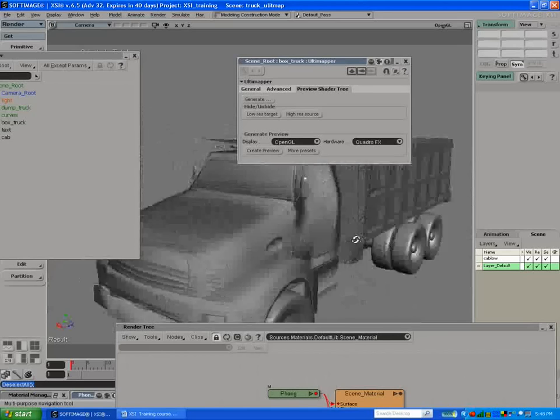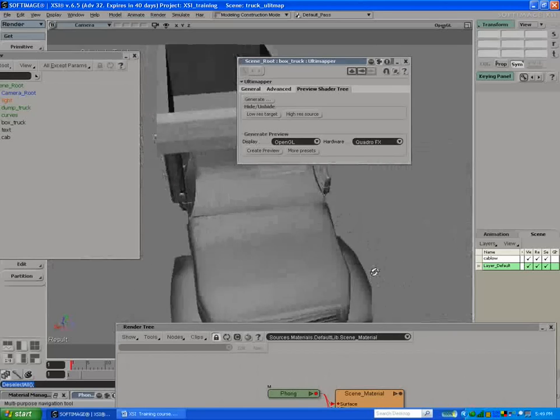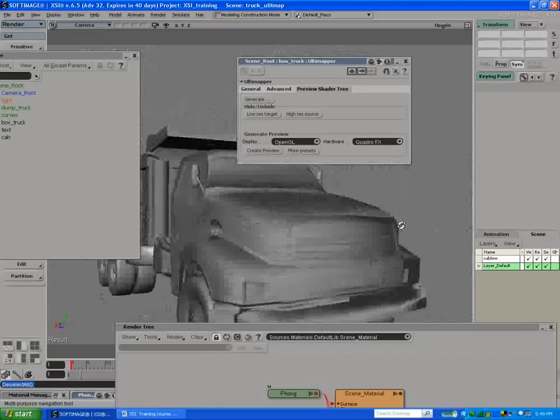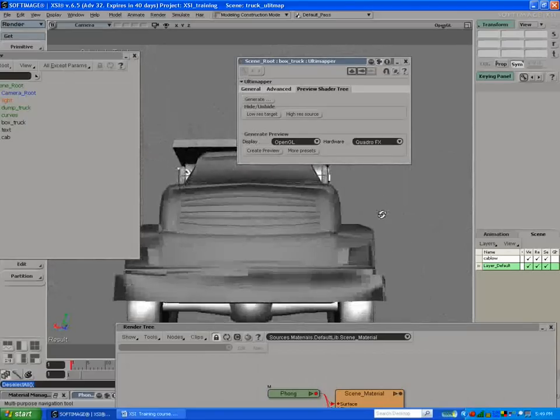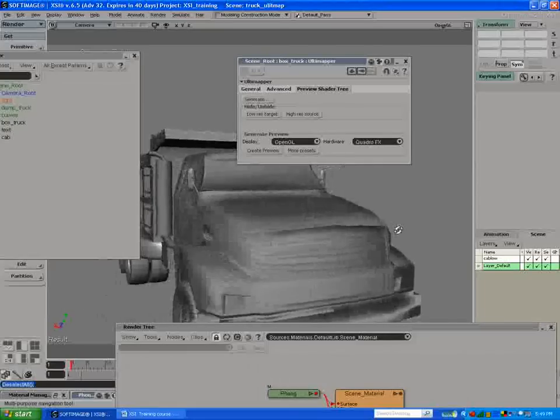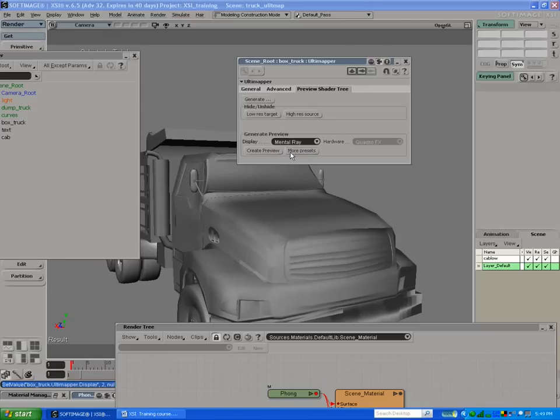What's also nice about the shader is there's some little tangent issues there on the window, but we can tweak that later on, and a few issues around the fender when it's trying to get more detail than it can. You can look at different graphics cards, DirectX. That hasn't been working great for me with this graphics driver, but there's also Mental Ray. And Mental Ray is really cool because, let me just quickly preview the shader here, and you can see